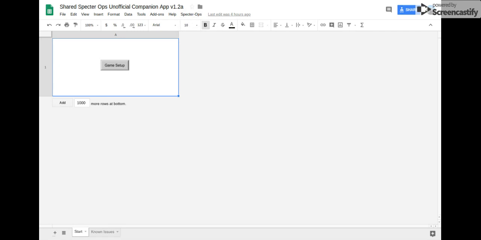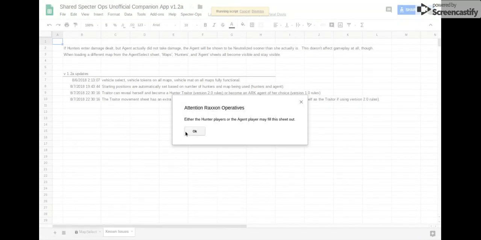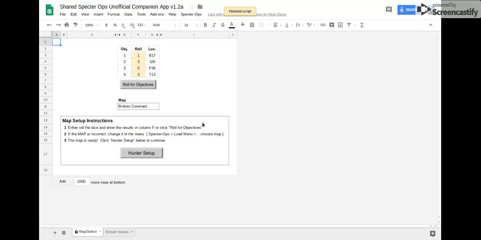When it's time to actually start a new game, you're going to click on Game Setup. You can see that it says there's a script that's running. Little prompt here. It says for the agent or hunter to fill out this next sheet. And basically this is where we're just going to fill in the objectives. So you can either roll the dice on the table and then come here and input what numbers you're going to be,